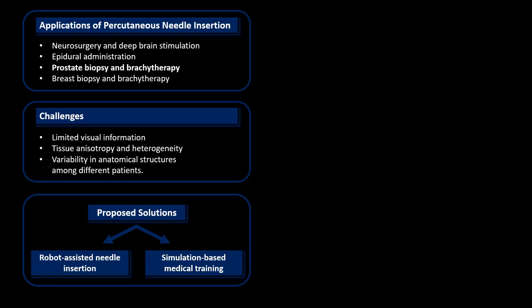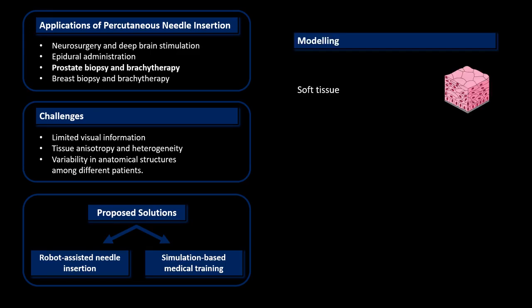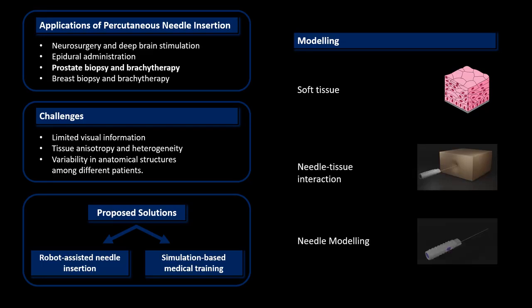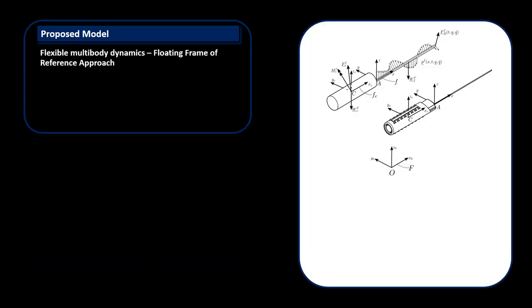The first step towards the implementation of these robotic or simulation solutions is the formulation of mathematical models that can accurately capture the dynamics of needle insertion. In most cases, this modeling is divided into three main parts: the modeling of the soft tissue, the characterization of the interaction forces between the needle and the surrounding medium, and finally the modeling of the needle, which is also considered in this work. The development of the proposed spatial dynamic model of the needle is based on the floating